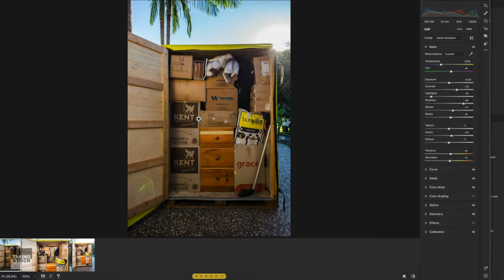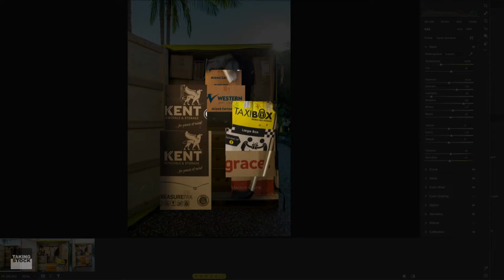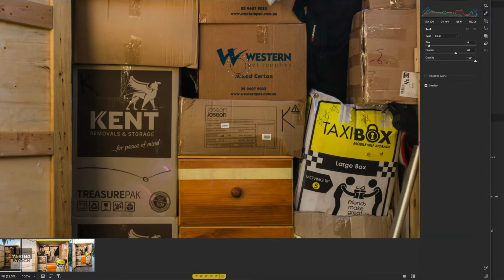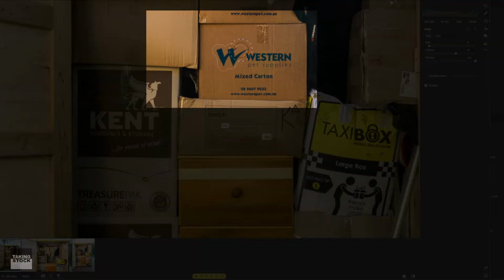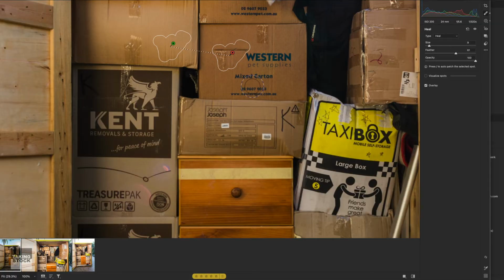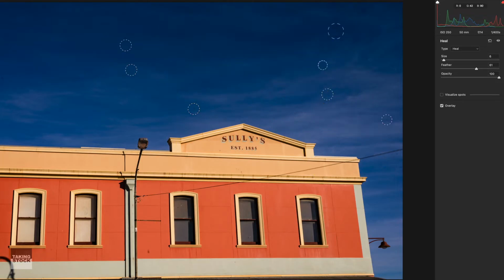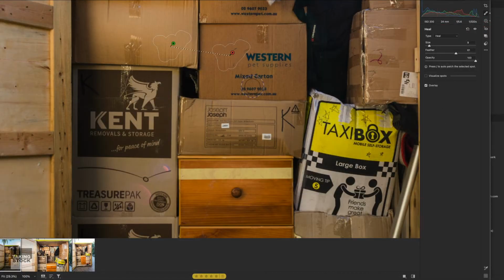So what do we have to do here? I have to remove all of these logos. Now, you might be able to do a little bit of this in Lightroom or ACR, which is where we are now. If we get out our heal tool, maybe I could fix this. It's not terrible, but it needs to be tidied up. I really like this healing tool for dust spots and blemishes. I do not like it very much for this type of work where you really do need Photoshop,